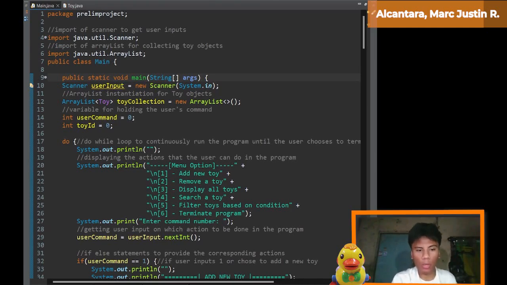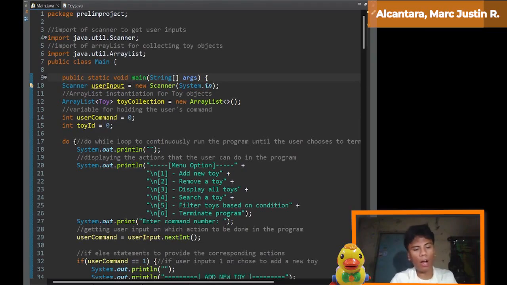Then we also demonstrated how the program removes a toy based on its unique ID with clear feedback on whether the removal was successful. Then we explained how the system displays all stored toys and allows for case-insensitive searching to quickly find a specific toy. Then we broke down how users can filter toys by their condition and how the program terminates gracefully.